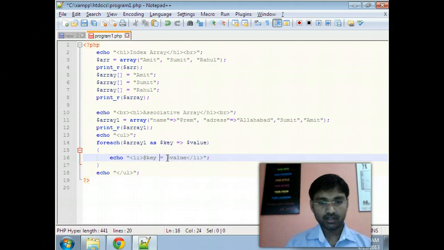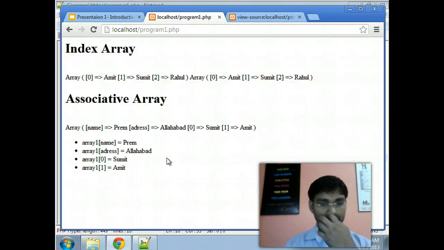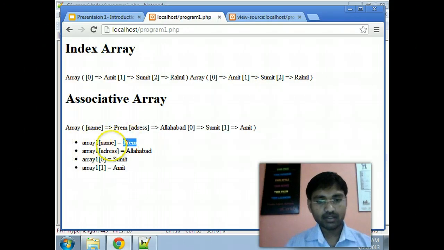So I am going to print the name of the array. Array1 will hold $key and their value. So I am going to refresh the page. Here it is showing array1 name is storing Prem and address is storing Allahabad, and the other values are showing.